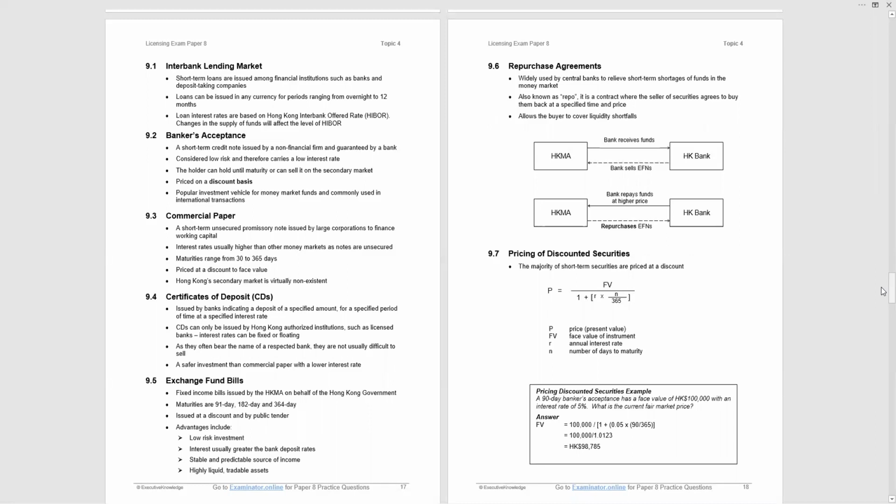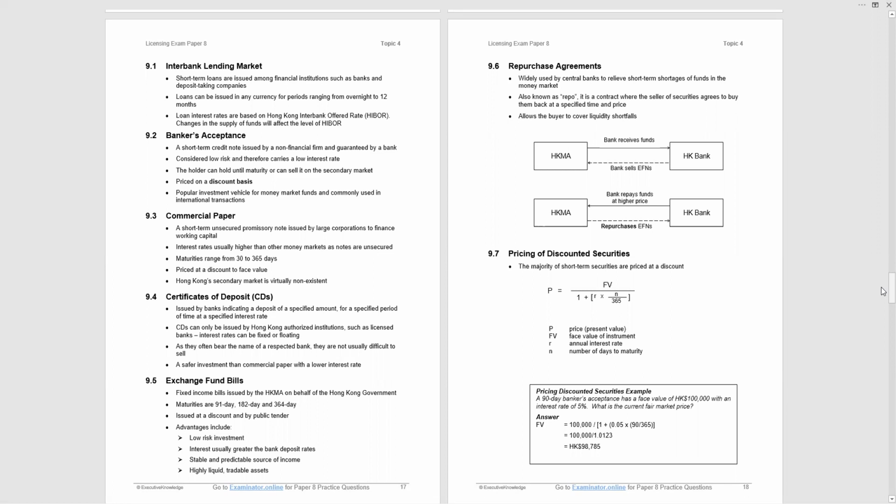You can have a question in paper 8 where they ask you which of the following is a short-term debt instrument. They'll give you 3 long-term and 1 from the list you're looking at, or the other way around. They will ask you which one of the following is a long-term debt instrument, and they'll list 3 short-term instruments. So be aware that these are the short-term instruments and read the detail. Will the detail be examined? Less likely. It's more the fact that they are collectively known as short-term instruments.